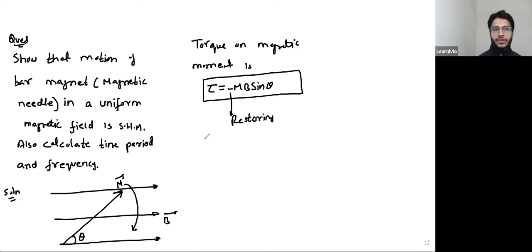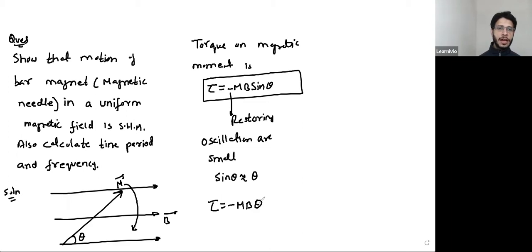Now, if I say that oscillations are small, this angle is small. For small oscillations, you can simply write sine theta as equal to theta. So I can write this as minus of mb theta. I'm not giving detail of SHM. In chapter number 1, we have discussed SHM in much detail, and this is the same question that I did in chapter number 1, just instead of magnetic moment, there was an electric dipole. That's why I'm not giving you detail of SHM. It's minus of mb theta,